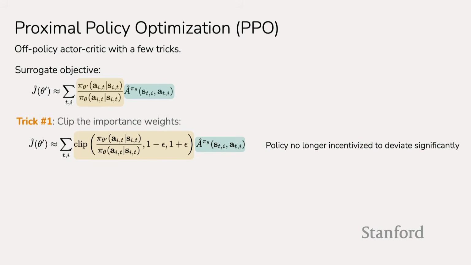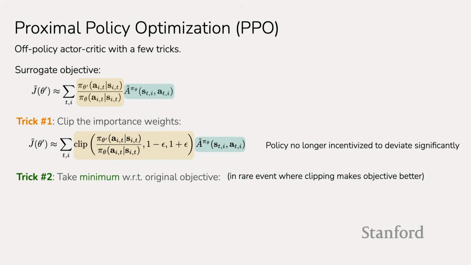Now, one thing that's a little bit funky about these importance weights is that the clipping in some rare cases might actually make the objective better. If, for example, the policy ended up assigning a very low probability to a negative advantage, and it went below, then you're clipping it to a higher weight. And so